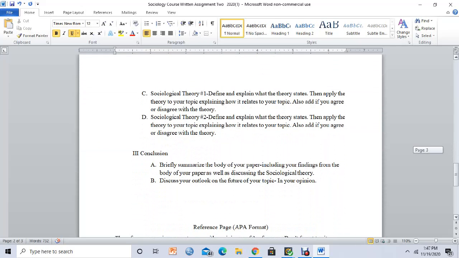Next thing is, everybody knows I'm big on the sociological theories. Of course, there are the main three sociological theories. You all know the conflict theory, the symbolic interactionist theory, and the functionalist theory. Those are the three main sociological theories, but I want you to find there's other